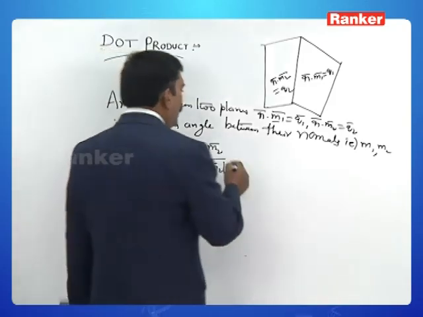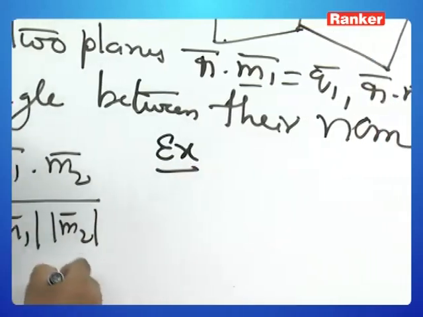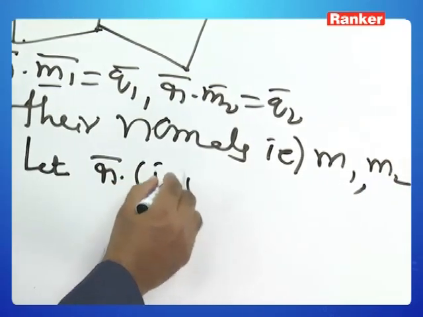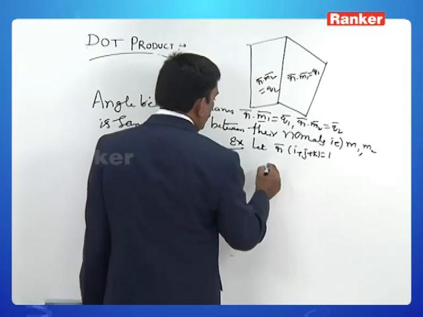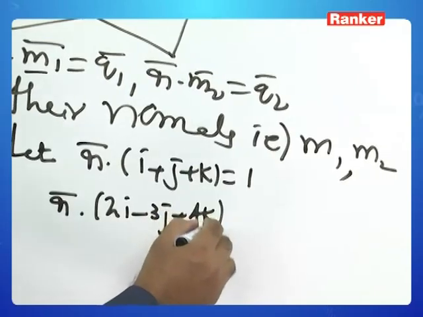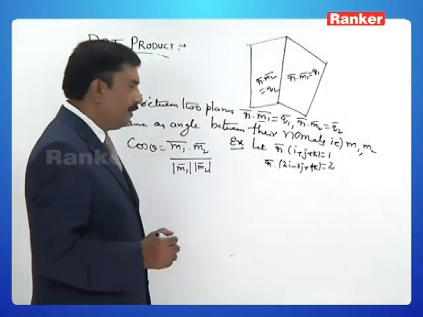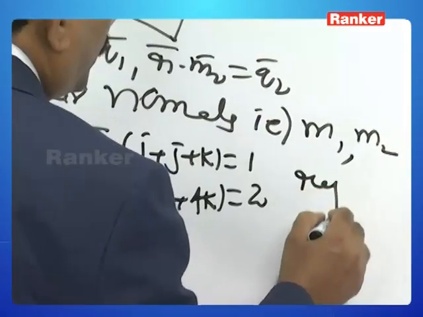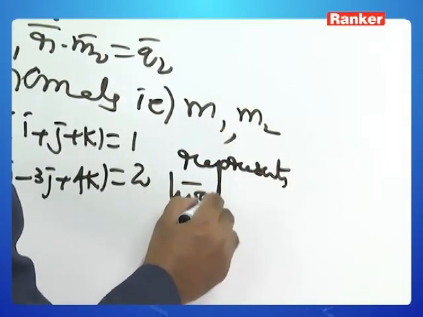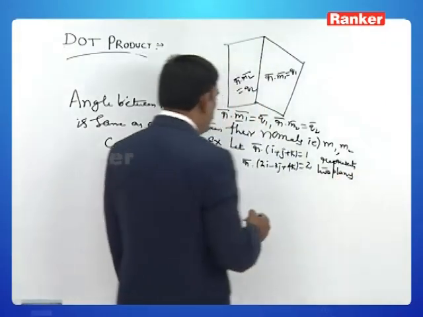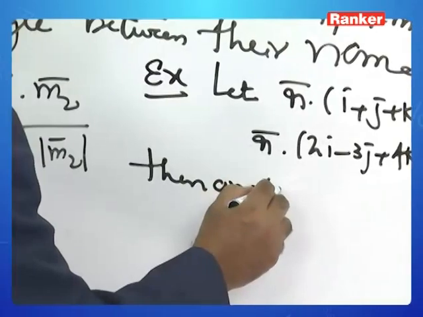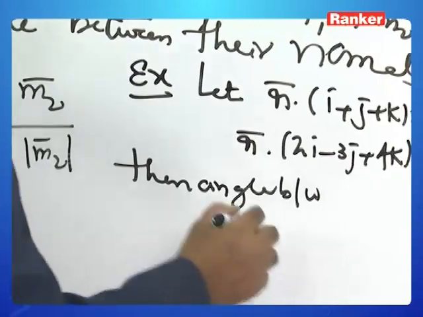Okay, I give one example. What's the example? Let r bar dot of i plus j plus k is equal to 1, r bar dot of 2i minus 3j plus 4k is equal to 2, represents two planes. Then the angle between two planes is